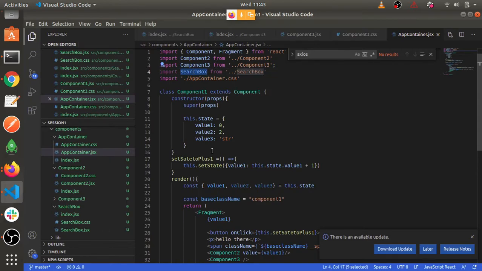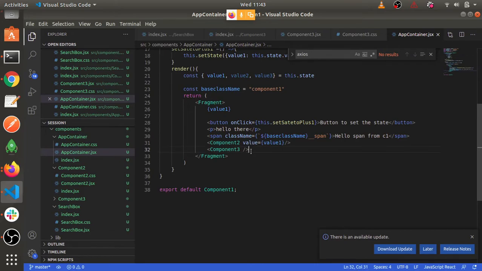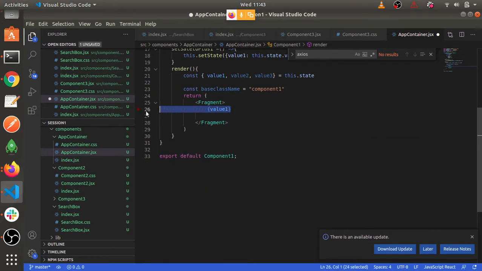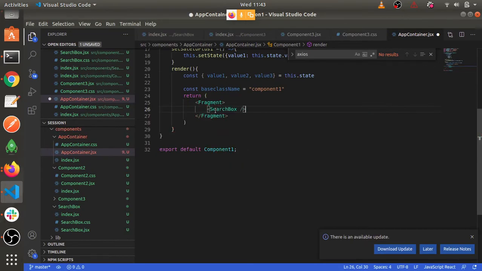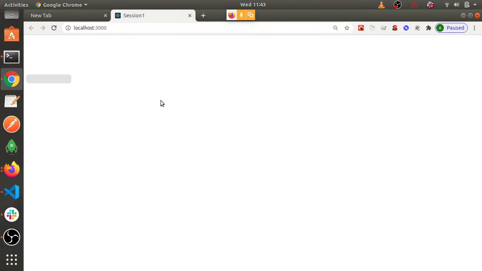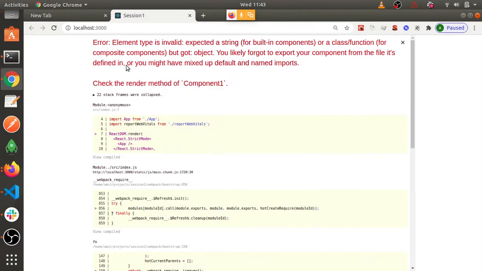And I will use it here somewhere. I'll remove the rest of the part which is not needed. Okay, let's see what I'm getting. Okay,